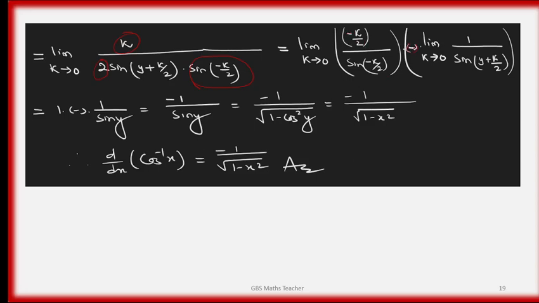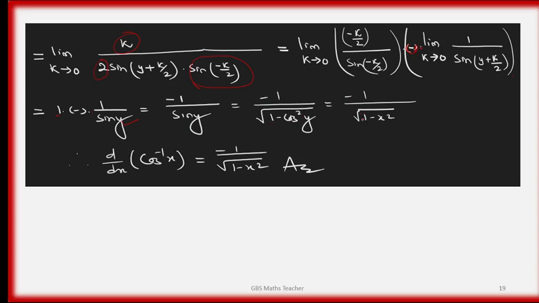We added this minus, that's why we have to multiply this term by negative, minus 1. Minus minus is plus, that's why k by minus k by 2 is like the same angle we made here. So minus times limit k tends to 0 of 1 over sin(y+k/2). Then this goes in the formula as 1, minus times, as k tends to 0 this term will be 0, 1 over sin y. Then in all, minus 1 over sin y equals minus 1 over the root of 1 minus cos² y, since sin a is the root of 1 minus cos² a.